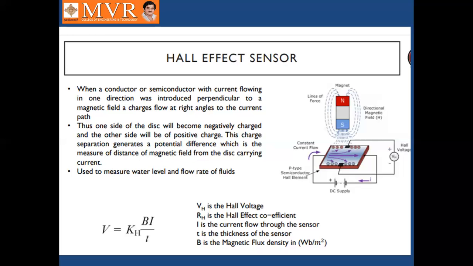Whenever this magnetic pole reaches the plate, some energy will be induced within the plate surface. How close the magnetic pole is to the plate is directly proportional to the charge induced within the plate. This is the Hall effect sensor.